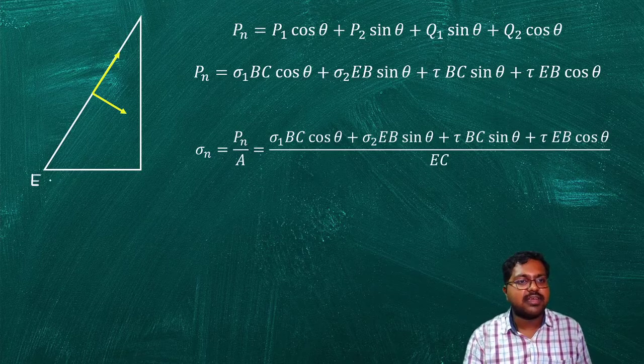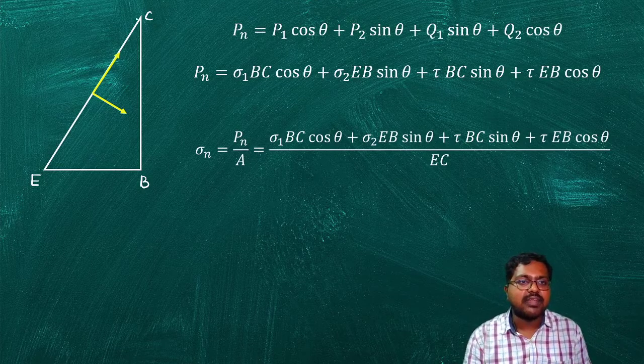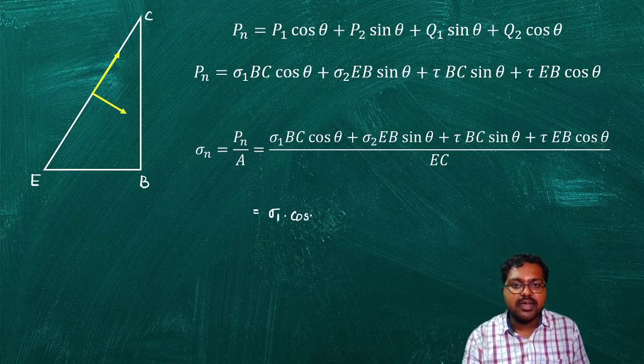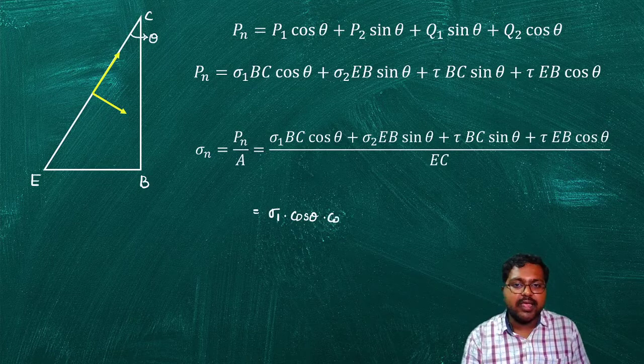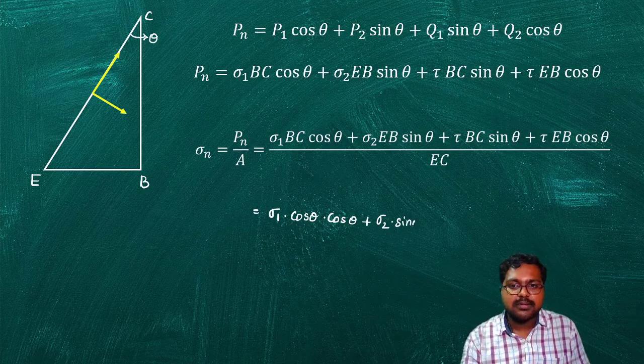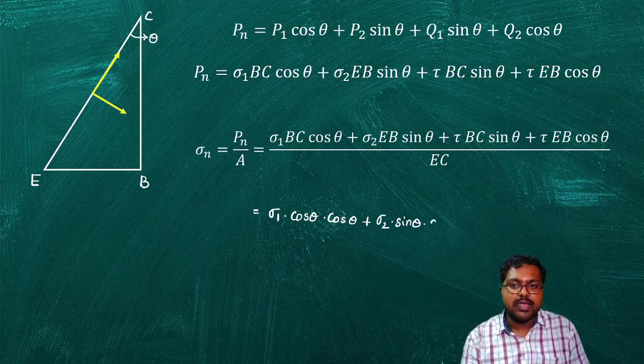So here if we consider this EBC, this is the area which we are considering, EC into 1. So from this I will get equation like sigma 1 into cos theta into BC by EC. BC is the adjacent side to the theta and EC is the hypotenuse. So I will get again cos theta plus sigma 2 into sin theta into EB by EC. EB is the opposite side and EC is the hypotenuse. So I will get again sin theta